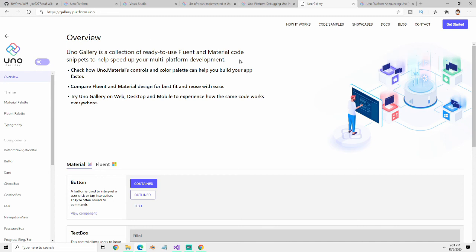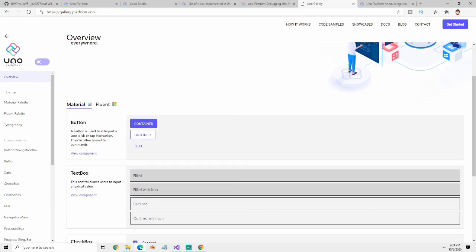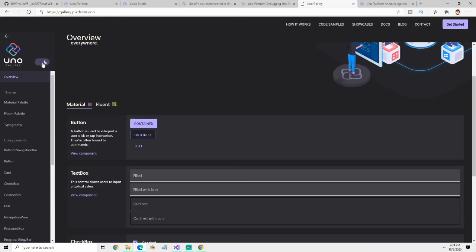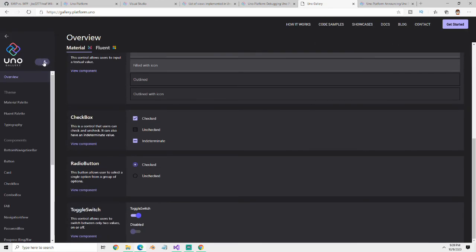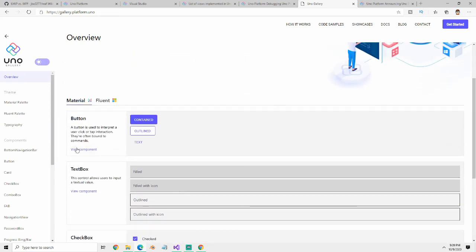But if you come out here to this gallery, I think you can download this to your Android or iPhone as well. There's a button here where you can toggle this between dark and light mode and see how these controls react when you switch that. But if you actually click on View Component here,